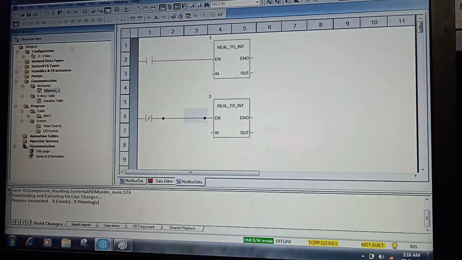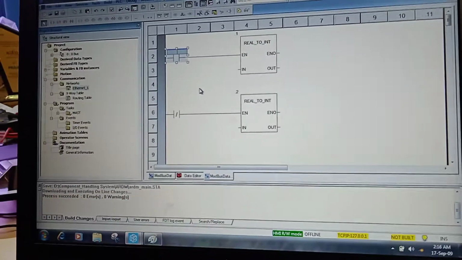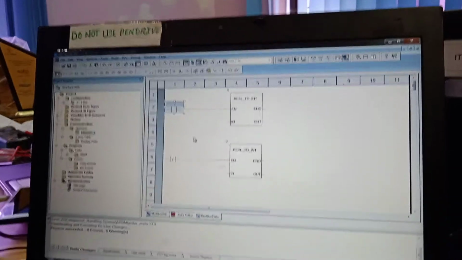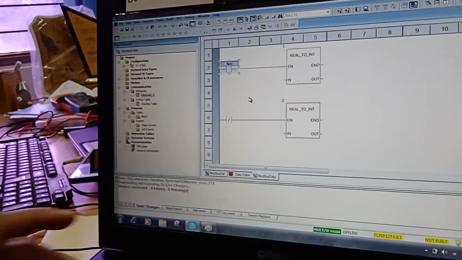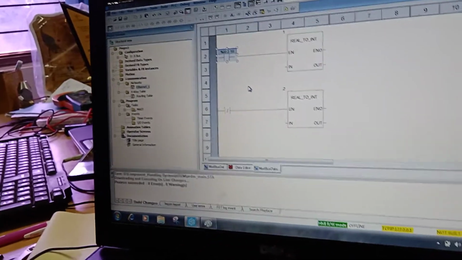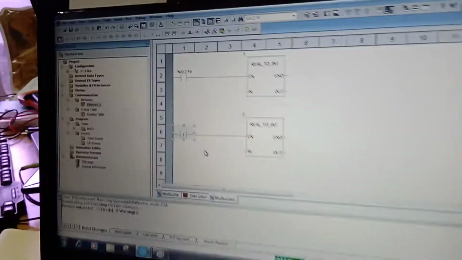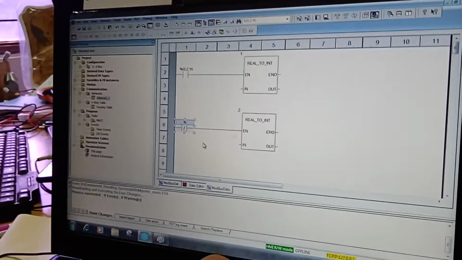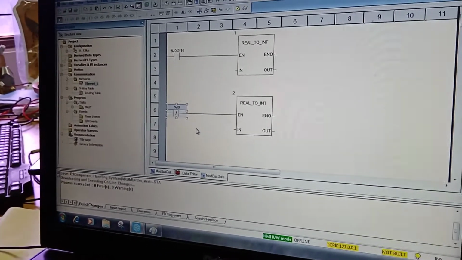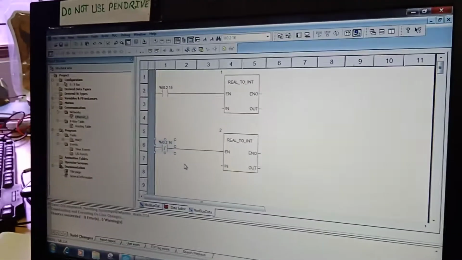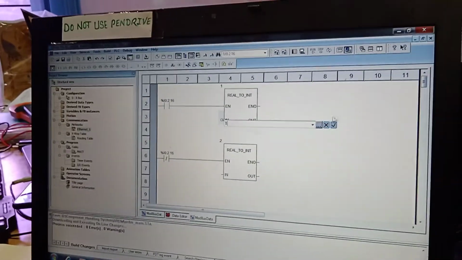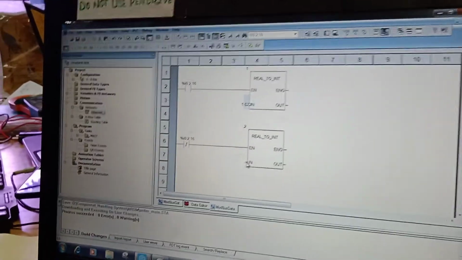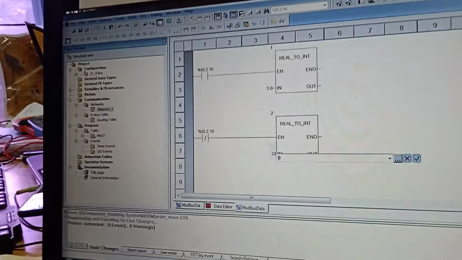This address will be one digital input, that is %I 0.2.16, same for this one, %I 0.2.16. Now if it is high, I will transfer 1. If it is low, I will transfer 0.